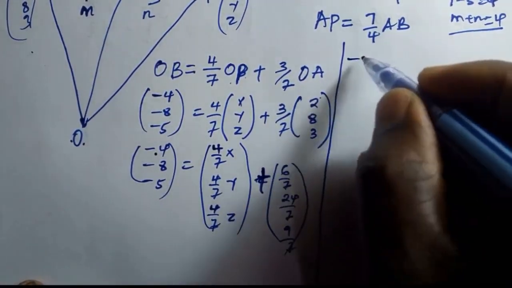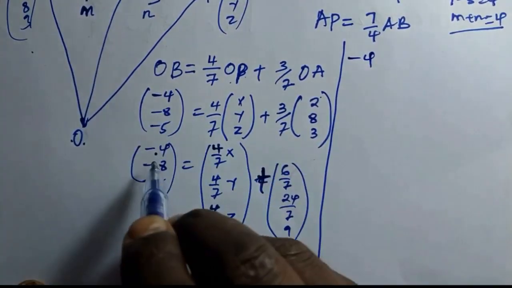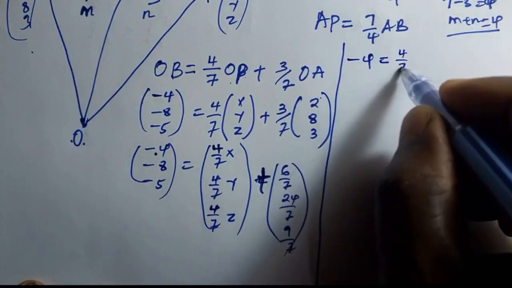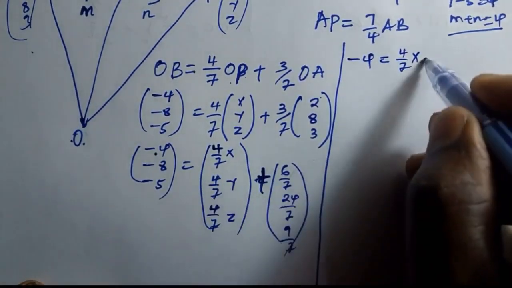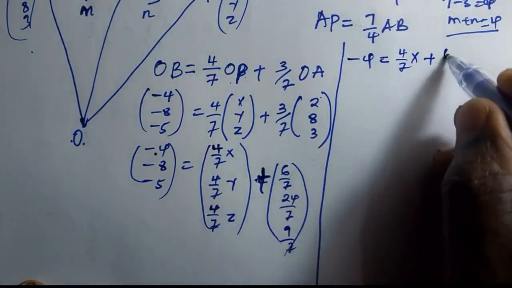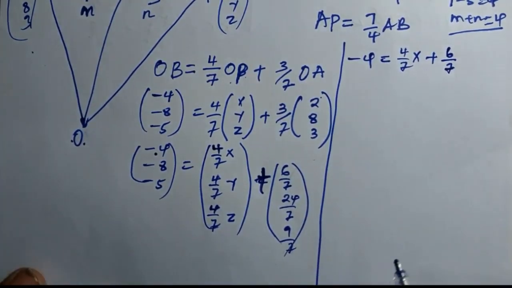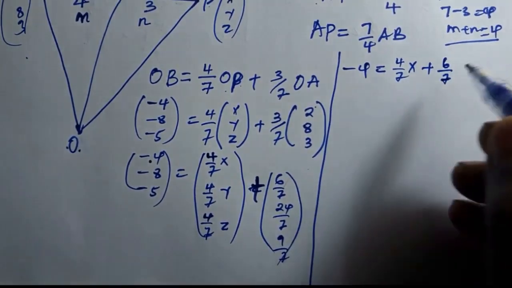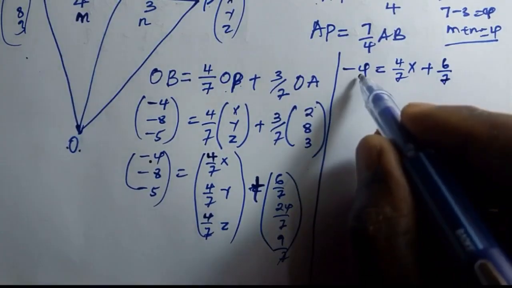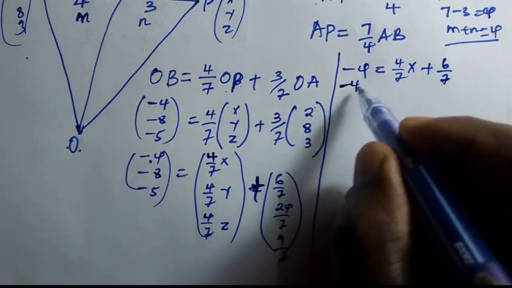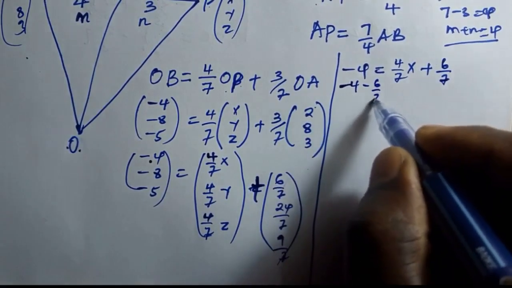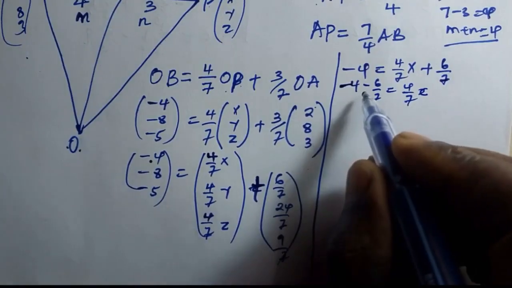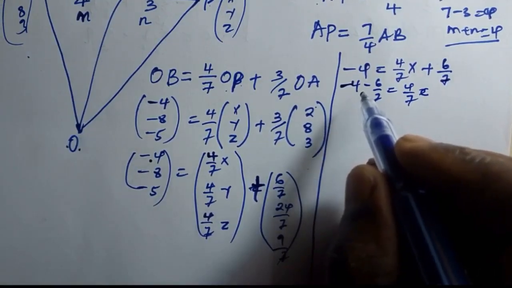So we'll say negative 4 ya kwanza is equal to 4 over 7x plus 6 over 7. Now from there you like terms together to get the values of x. You bring this one here, itakuwa minus. Minus 4 minus 6 over 7 is equal to 4 over 7x. Use your calculator. You will find that this one is going to be,